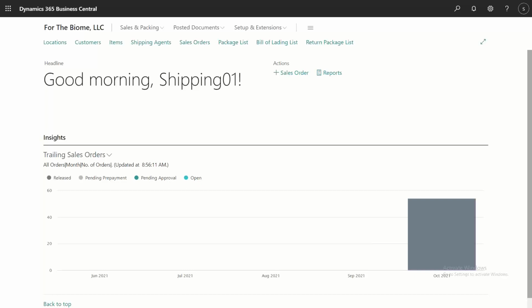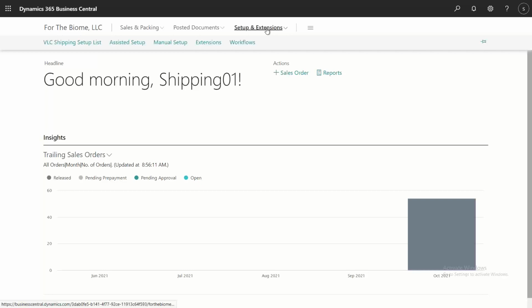So we'll go for the first configuration and setup, which is required for the smooth process of the shipping application. This is the role center for shipping, where you can set up the data from one place. It is a one-time setup, so it is not required to keep this role center for anyone, but initially you can do that, whoever is responsible for the setup.